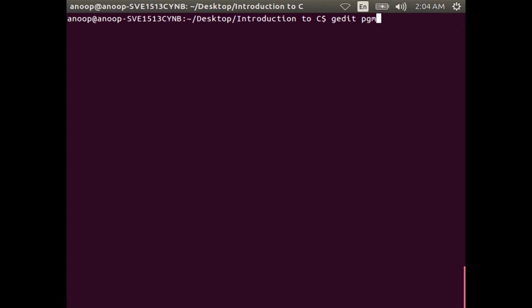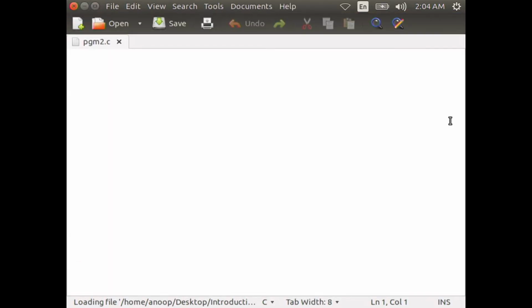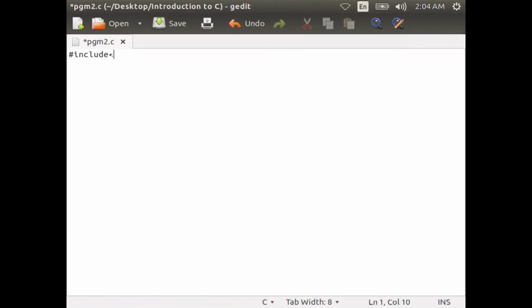Now, let us type this program, compile and run it for the result. #include <stdio.h>. Then you can start the main function, void main, and within curly braces you declare the variables int i, array of size 100, a[100], and sum equal to 0 semicolon.